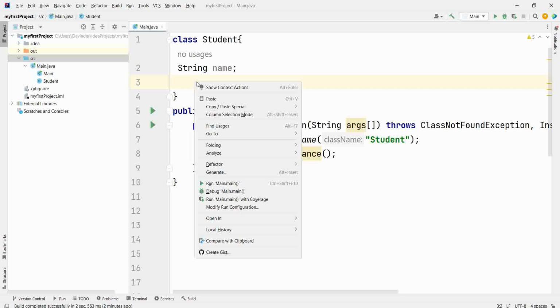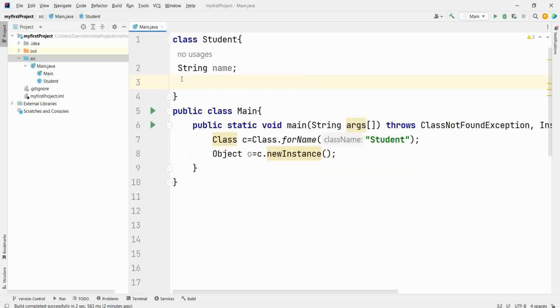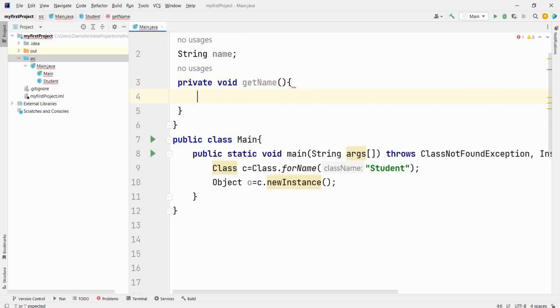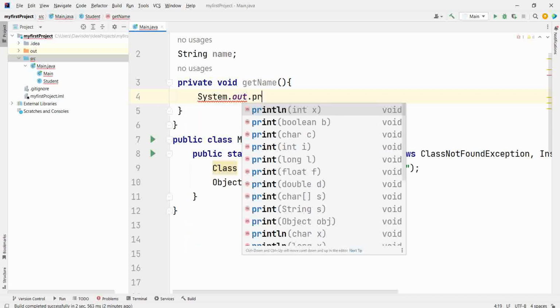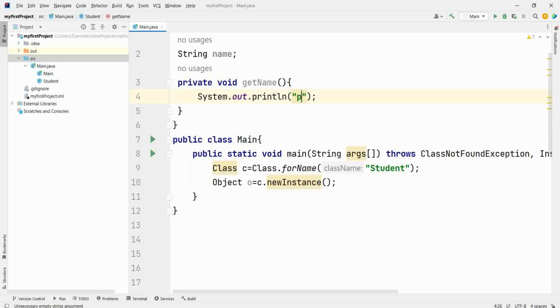Let's say private void getName. It is doing System.out.println private method. When you invoke getName, it prints the private method message.